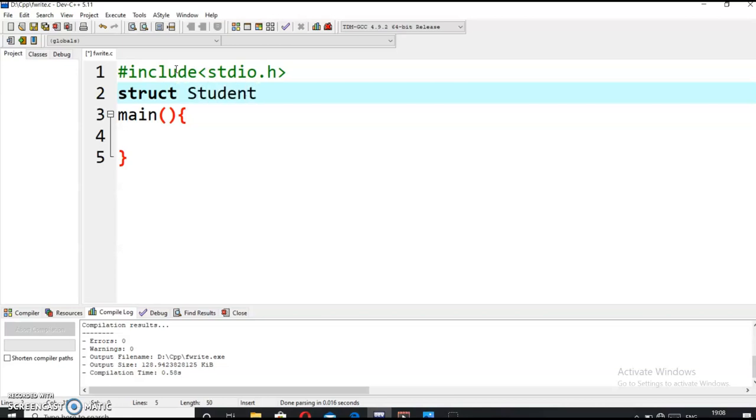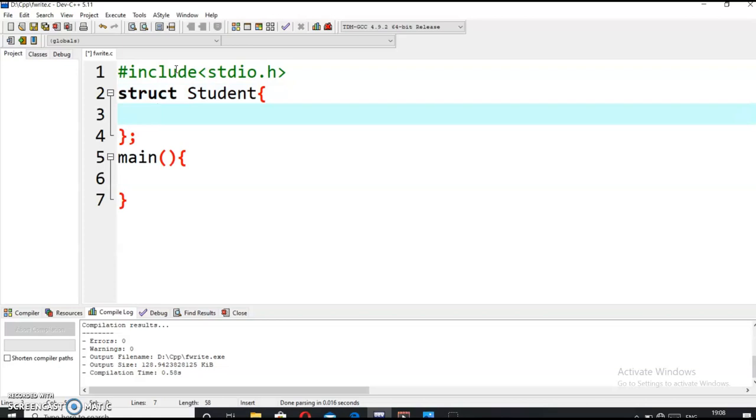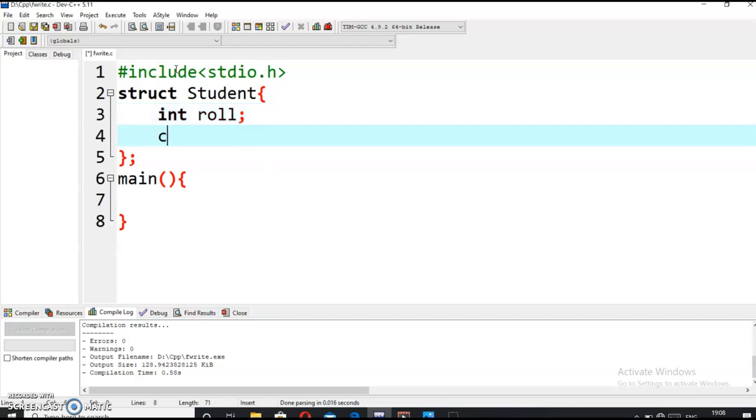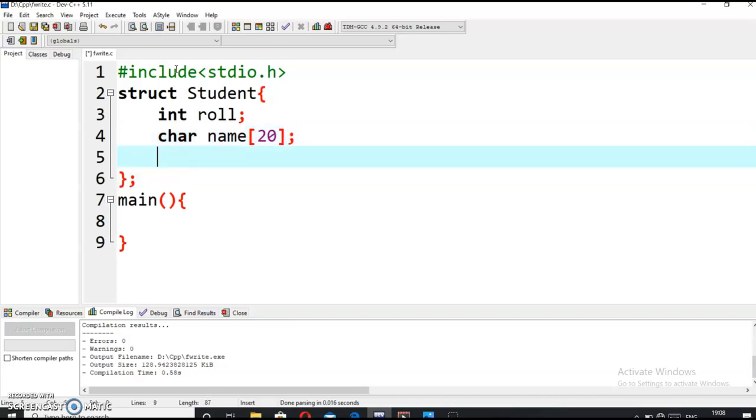I have defined a structure student, and in it I will be defining three variables: int roll, which is the roll number, a character array name, which will be of size 20 bytes, and another variable, character college, for taking the college name as input from the student, and it might be of size 50.